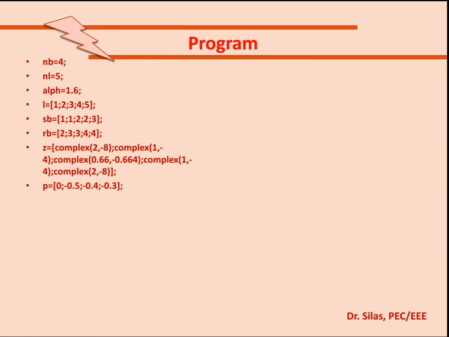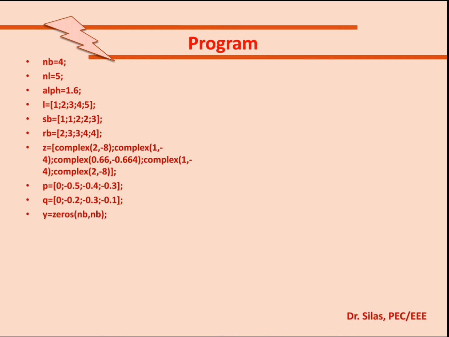Then we are substituting the value of P. For the first bus, the P value is not provided, so I substitute it as 0 semicolon. For the second bus, the value is given as 0.5, but as it is a load bus, when you substitute the value, we will be substituting minus P2. So I write it as minus 0.5, then minus 0.4, minus 0.3. Similarly Q: 0, minus 0.2, minus 0.3, minus 1.